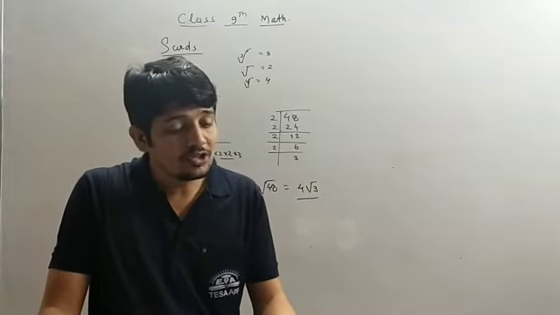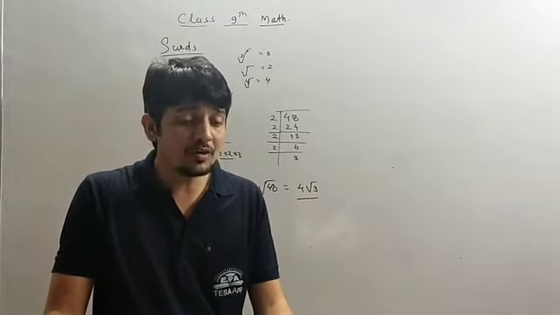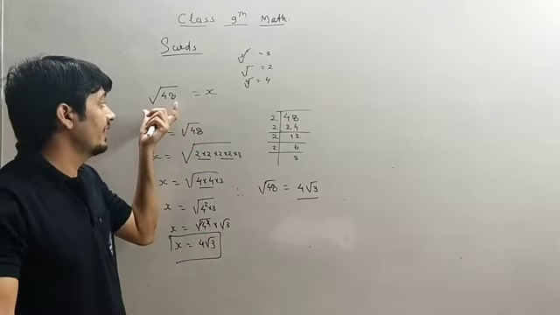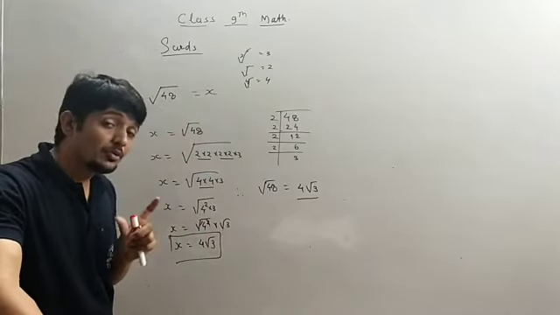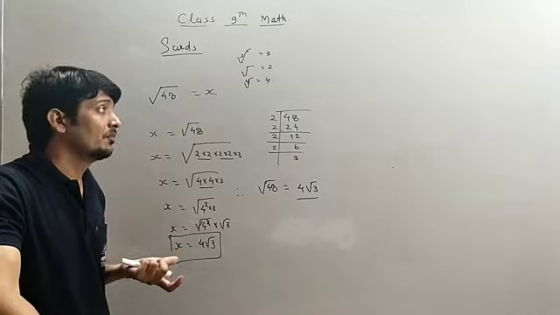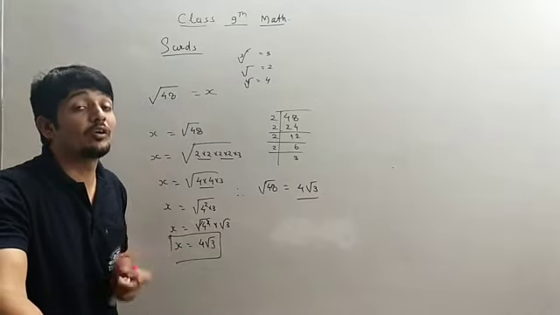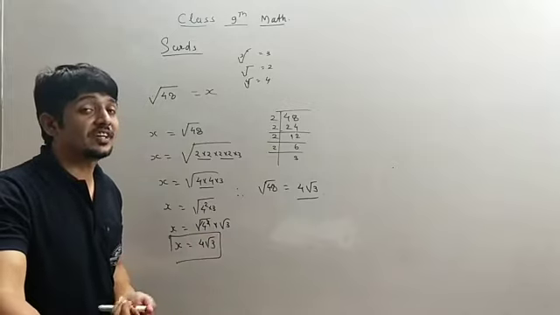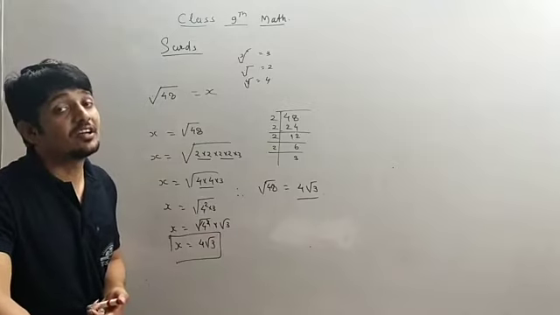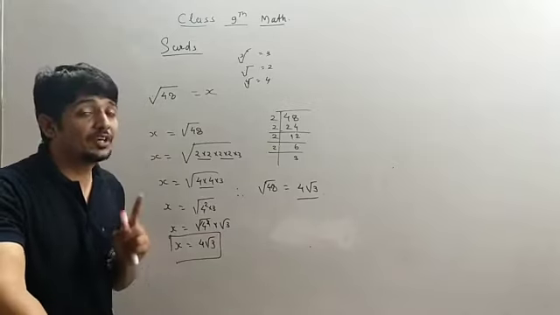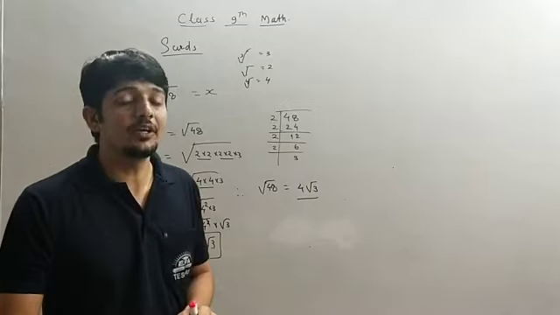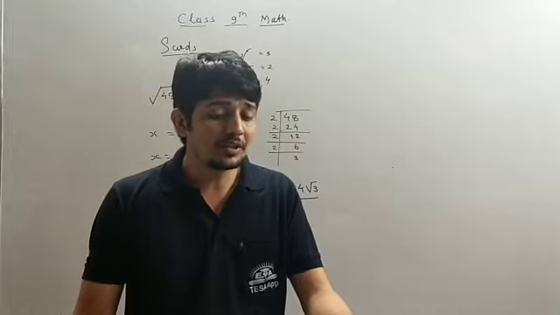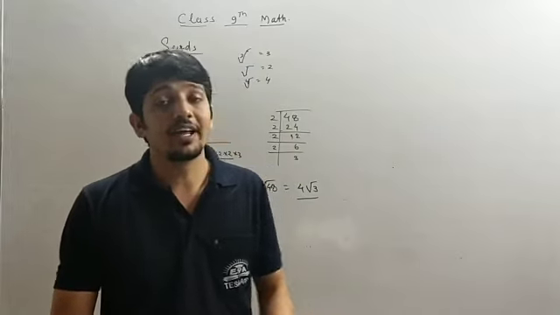And second question, state which of the following are surds. अब आपको कुछ नंबर्स दिए हुए हैं inside the root. Now you have to check whether these numbers are surd or not. That means if it is a rational number then they are not surds. If they are irrational numbers then they are surds. Okay, so the first and second questions are really very simple. Third question, classify the given pairs of surds into like surds and unlike surds.